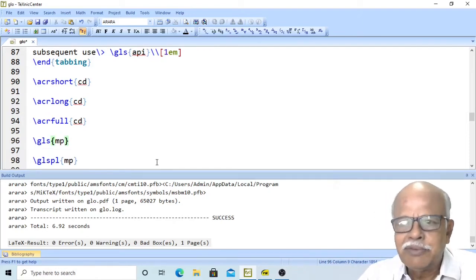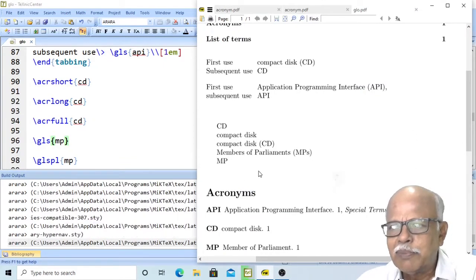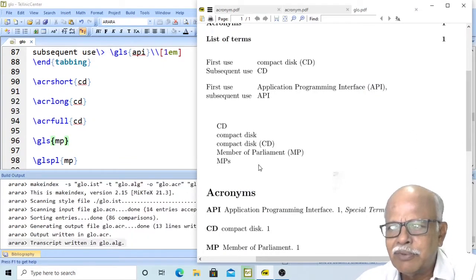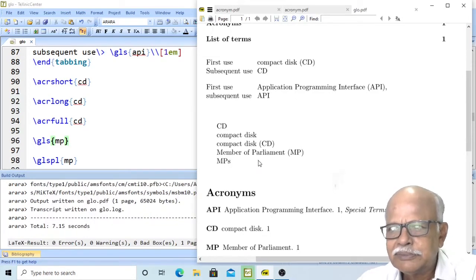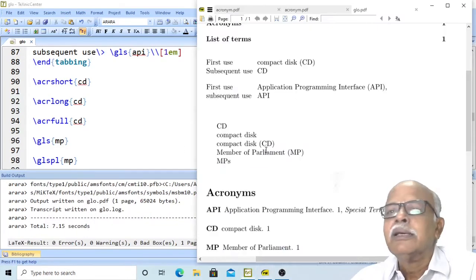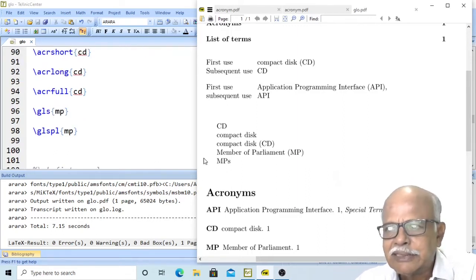First we have GLS and then GLS plural. Then what will happen here is, first we will have MPs. In the first case, member of parliament singular followed by MP, and then in the second case MPs.